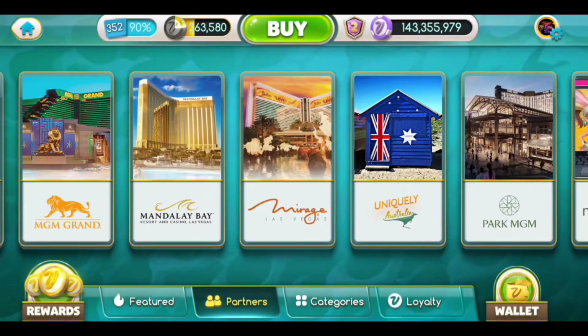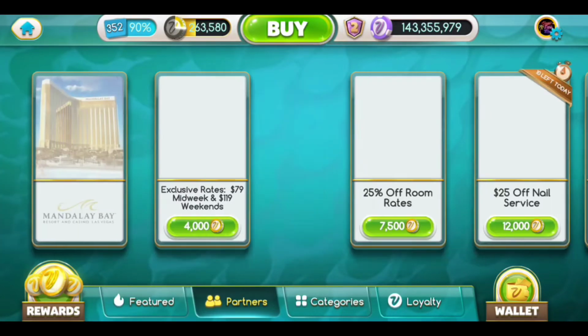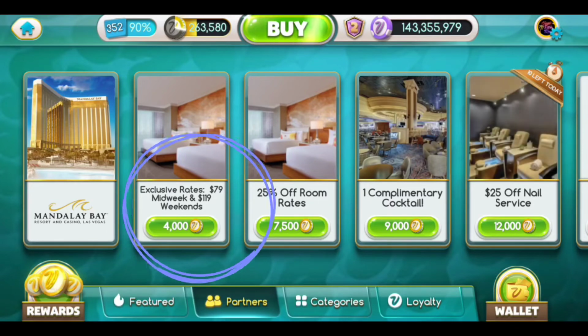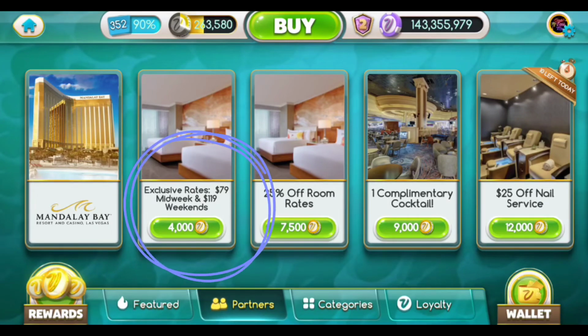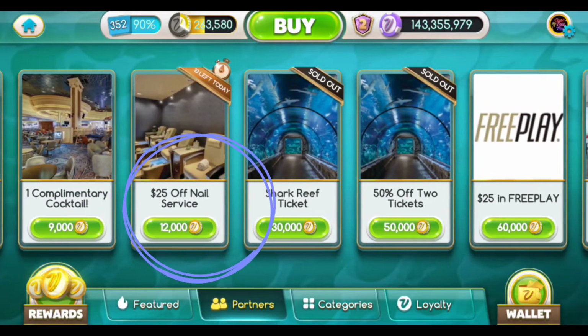Let's take a look at my current offers for Mandalay Bay. Here are some offers for exclusive room rates and discounts, and you can find lower rates online than what is offered here. But if you do book for 2 nights or more through this reward, you're eligible for the casino free slot play. Next up is a complimentary cocktail at Rhythm and Riffs Cocktail Lounge, $25 off nail service, free